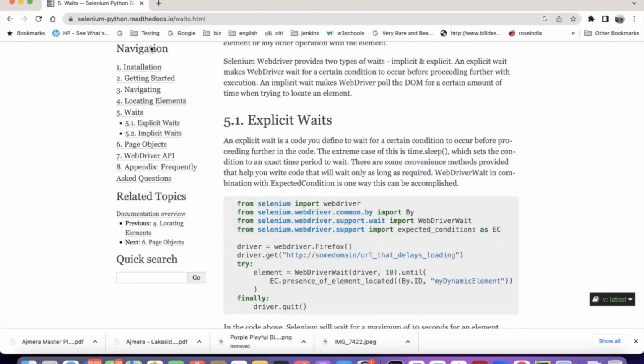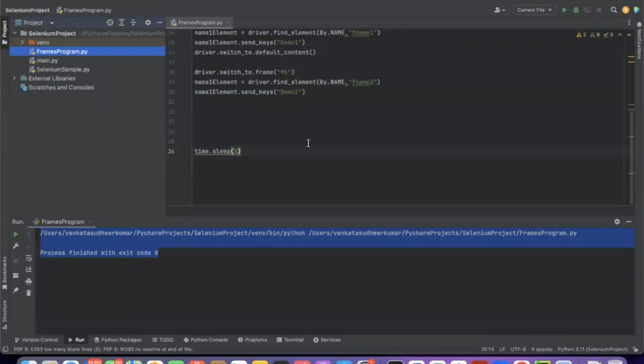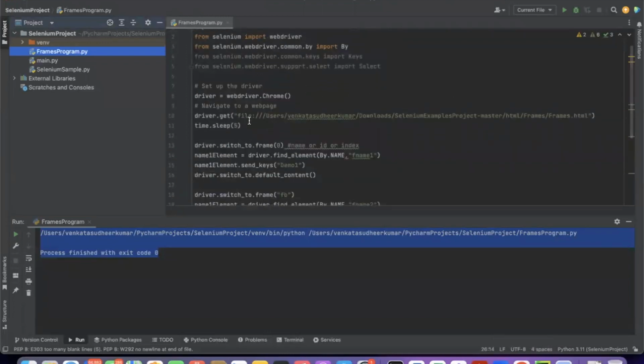So let's say you have written the code to open the browser and you're trying to find one element. So what if the element is not found? If the element is not found, you see a no such element exception. So what are the different reasons that you see no such element exception? The first reason is,